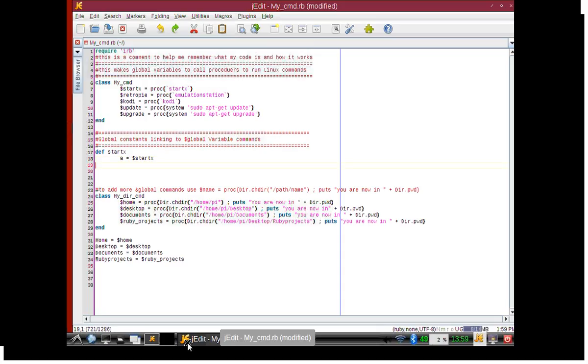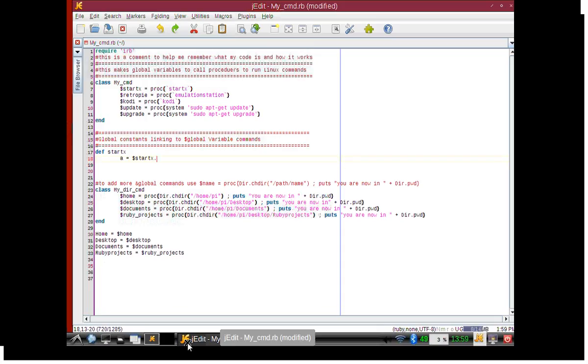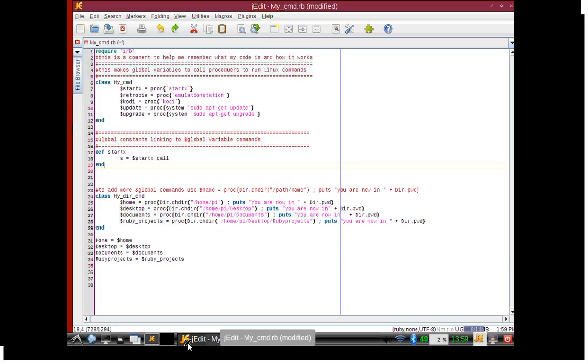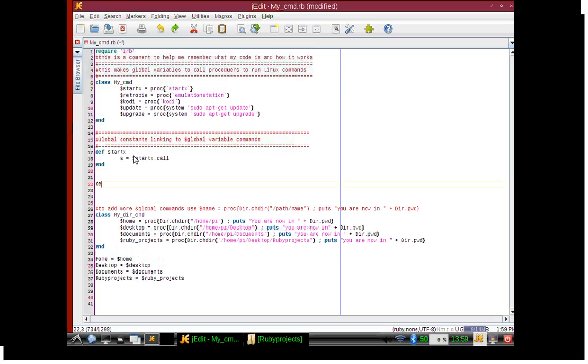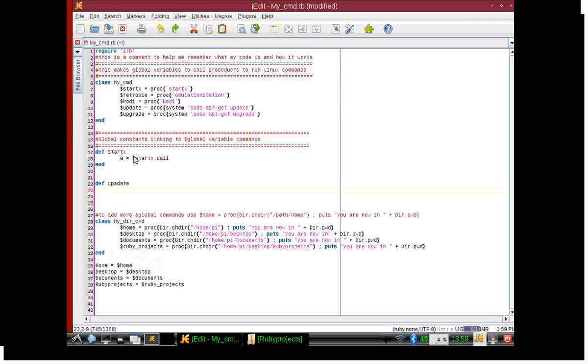A equals start x dot call. So we can't use start x here to test it out, but we can use the update and upgrade. So we'll go ahead and put define update, A equals